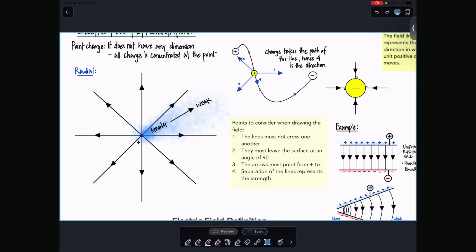It looks like this. Now you want to find the electric field around this cylinder. None of the formulas that we work with will work, and you can't just say it's a point because it's actually there, right? We know it's a cylinder. So how do you find its electric field? You actually have to derive a formula yourself. There's a law out there that allows you to do so.